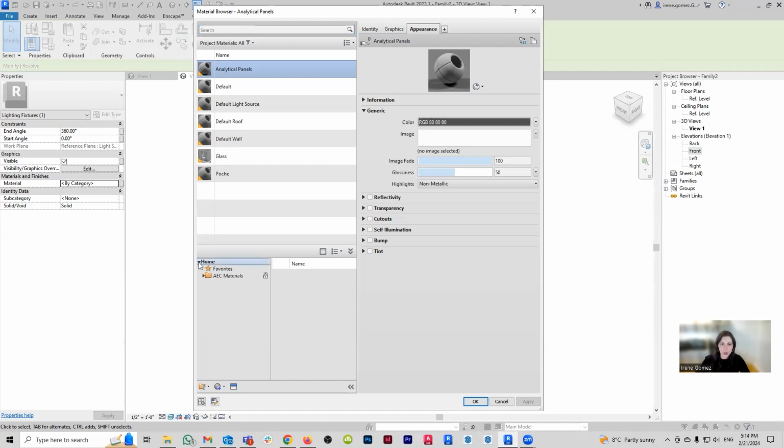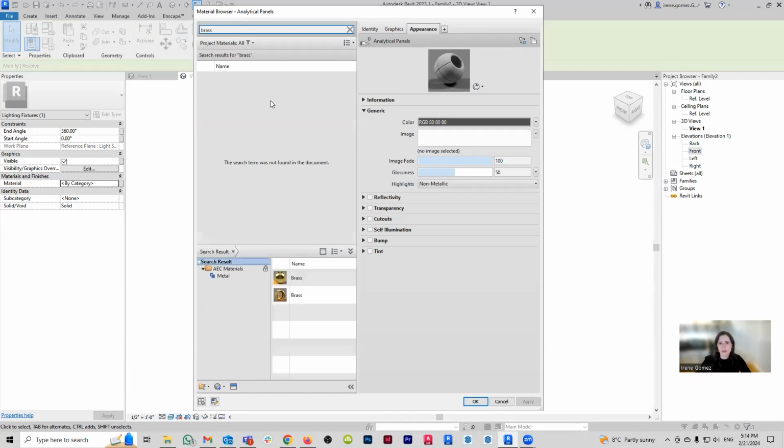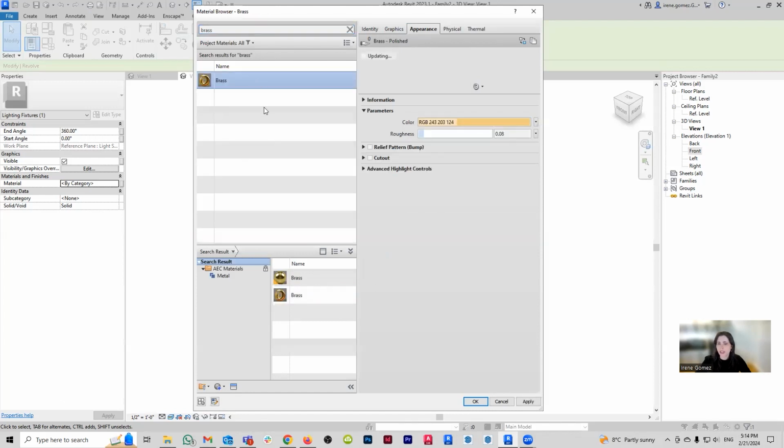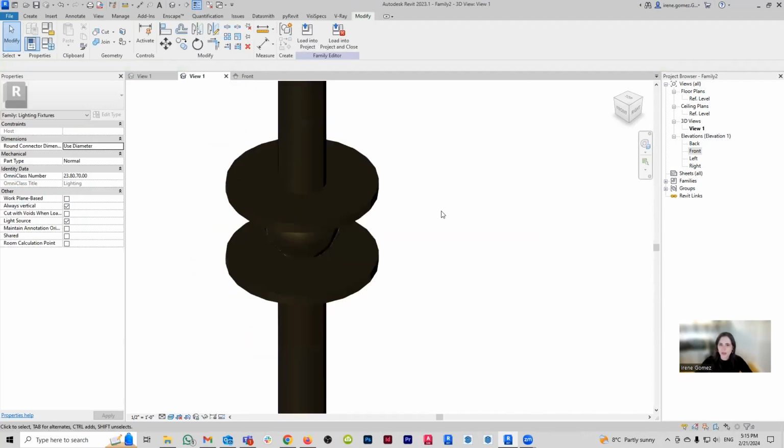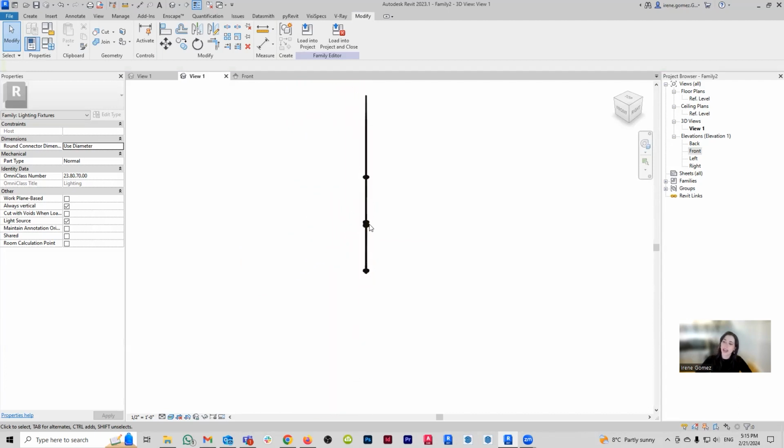So we're going to go here, home, AEC. And then here, I'm just going to tap on the search bar, brass. And there you go. The Revit library comes with 2 brasses. I'm going to choose second brass. I don't know what the difference is between these 2 guys, but this one looks good enough. We're going to go apply. We're going to go OK. And now my guy is made out of brass. Now, brass is not going to look really good here because it only looks good when it is rendered. So that was the easy part.